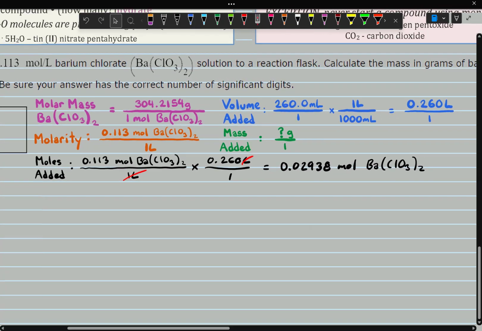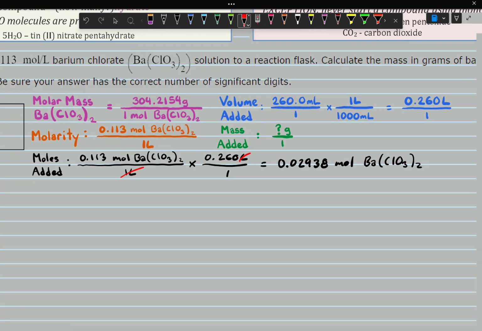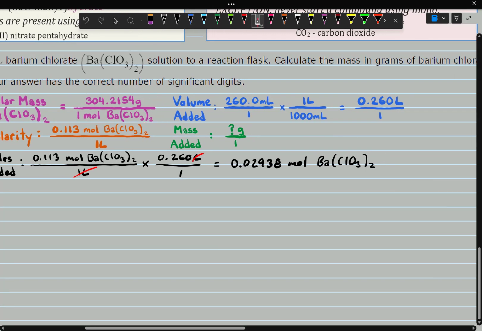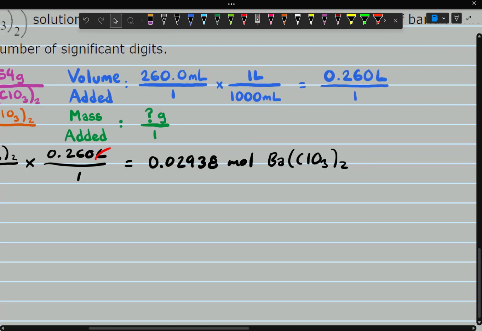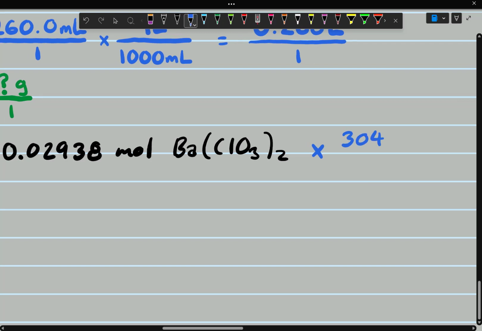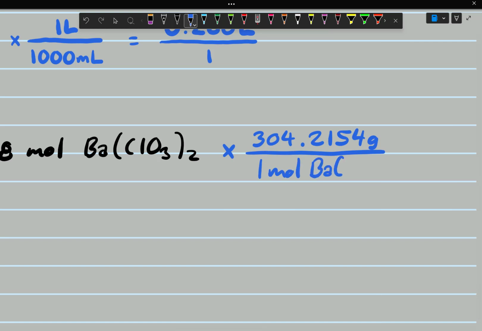And now, finding the grams contained in this amount of moles of barium chlorate is very simple. We just multiply by our molar mass. We don't even need to change it in any way. So if we take this and multiply it by the molar mass, which is 304.2154 grams per every 1 mole of barium chlorate, then